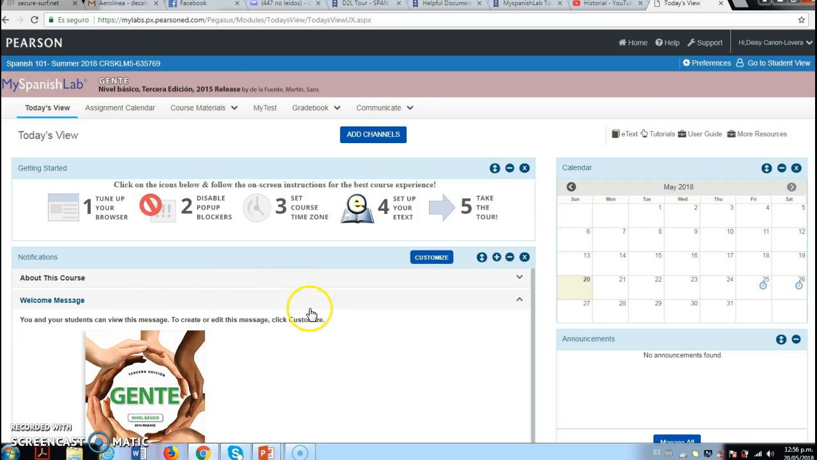Here you have everything you need to set up. It is important here to disable pop-up blockers and set your course time zone. Remember, it is US Central Time. You can also take a tour to know how My Spanish Lab works. You can set up your